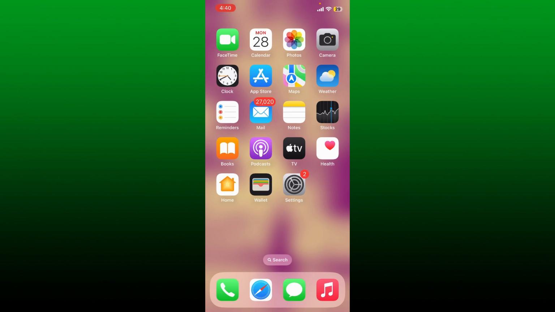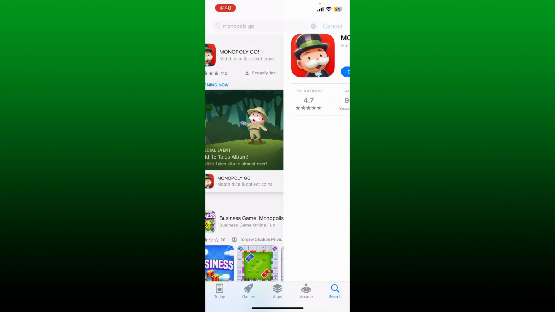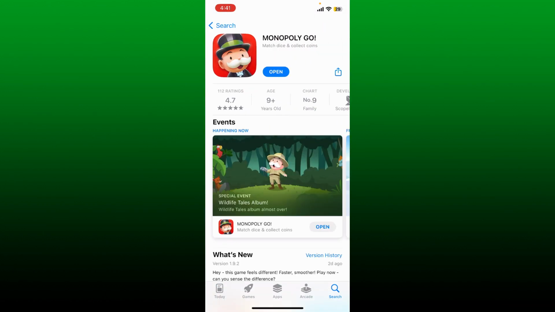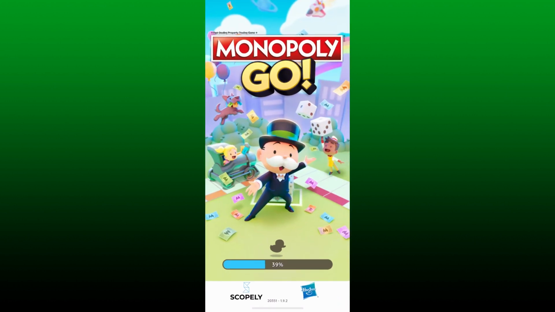and after you are done deleting the application, go back to your App Store or your Play Store and reinstall the app. Simply search for Monopoly Go and get the app downloaded back on your mobile device. Once you have the app reinstalled, tap on Open to launch the game,